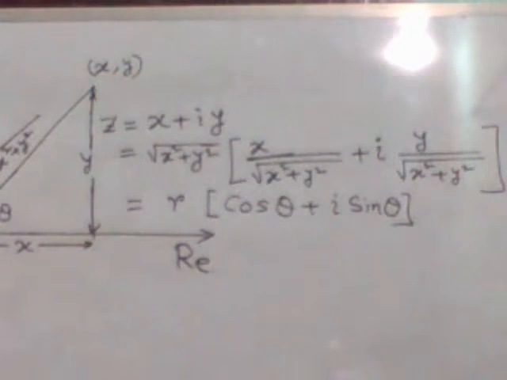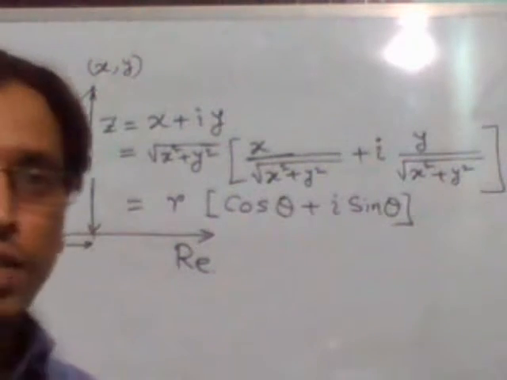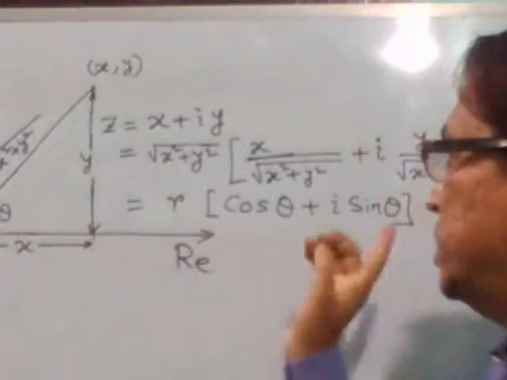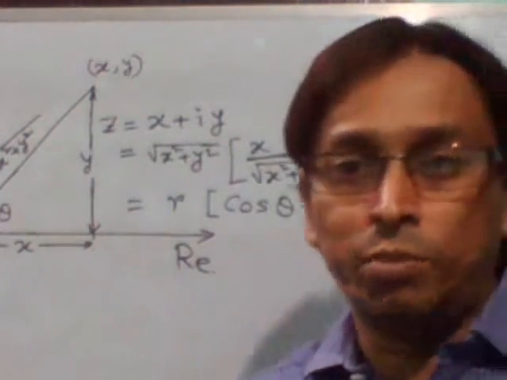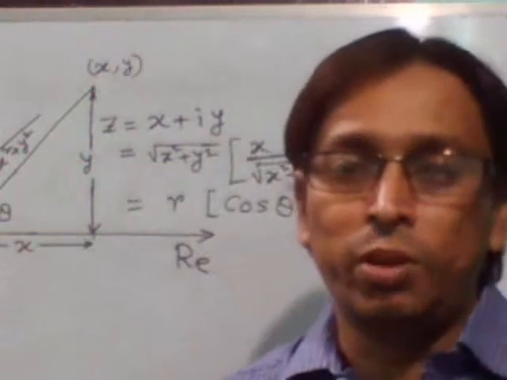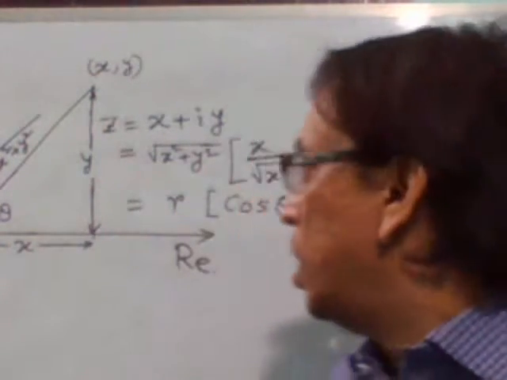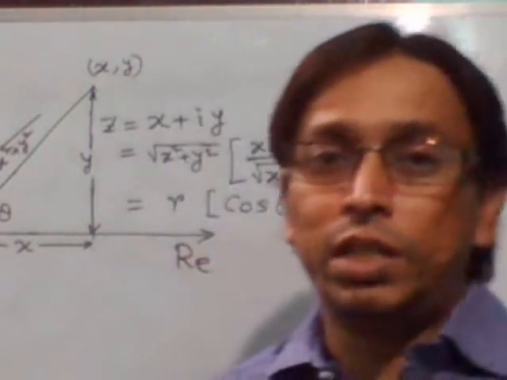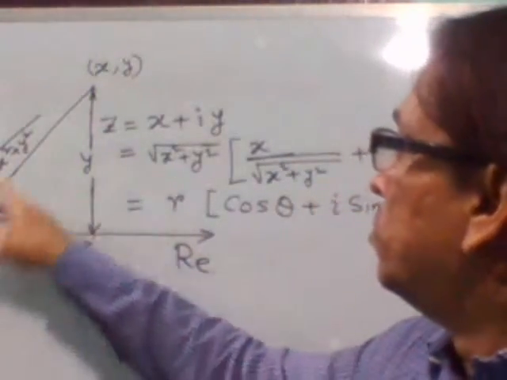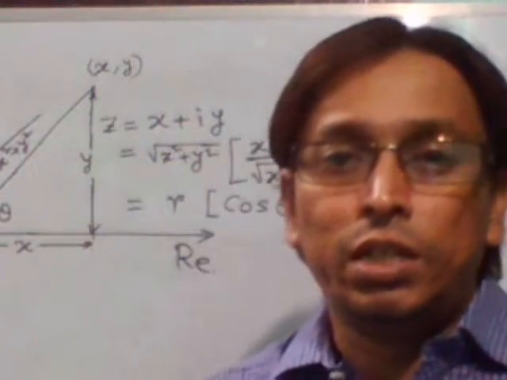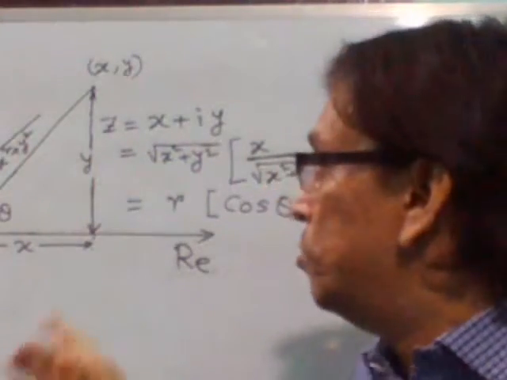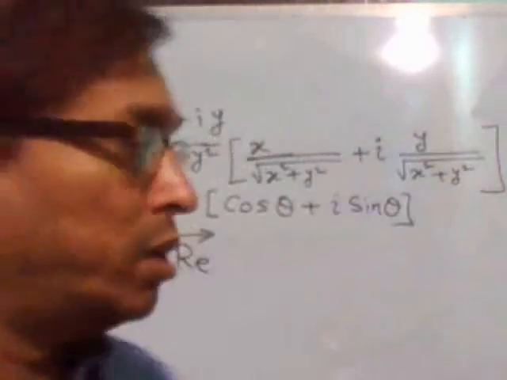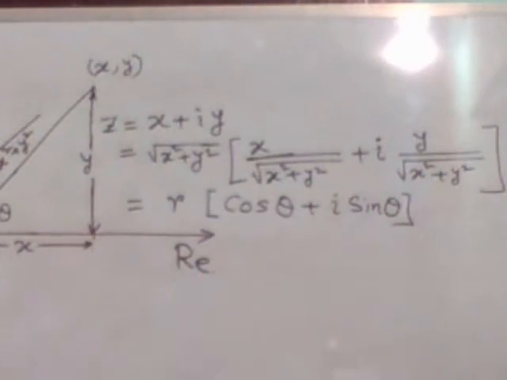So actually any point in the complex plane can be written as r into cos theta plus i sin theta, where r is the modulus of that point, that means the length of the point from the origin, and theta is the angle of this point, that means its polar coordinate with the real axis when we move anti-clockwise. This is the convention, that we move anti-clockwise, and this gives the value. So r cos theta plus i sin theta.